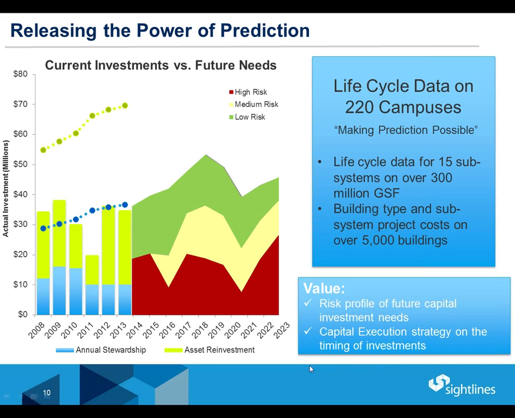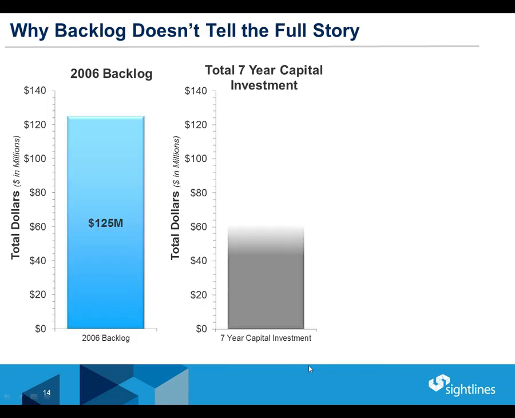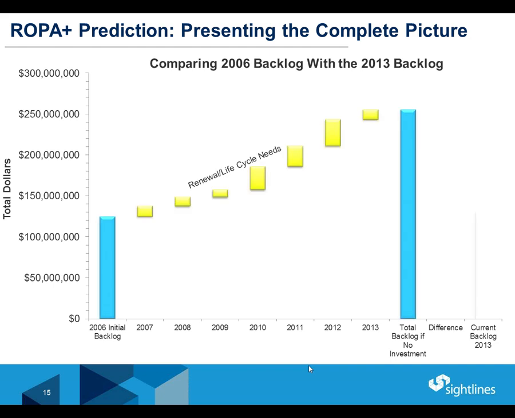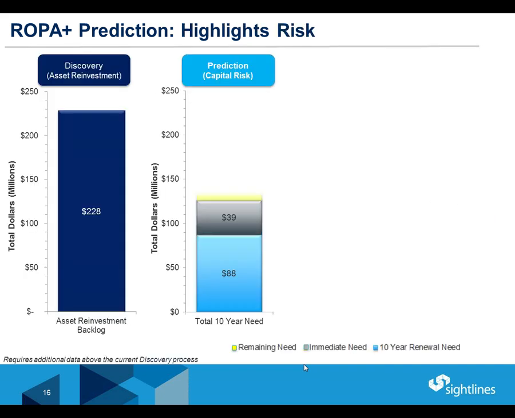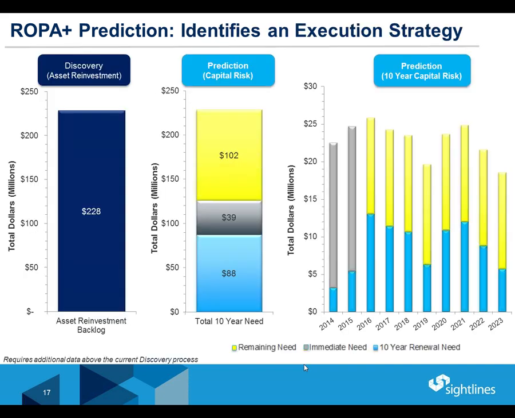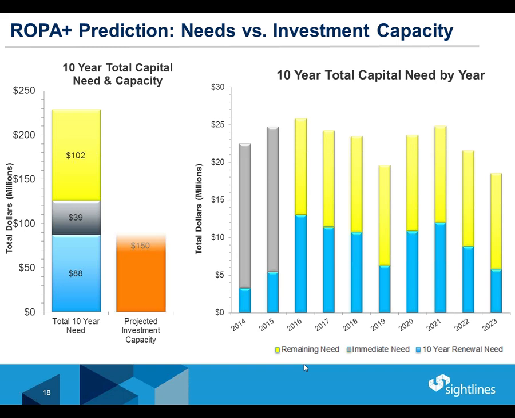Yep. Let me turn to that IFP question. Go ahead, slide 18. That's what was mentioned here, yes. So that is correct. When it comes to an IFP or building portfolio, there's a lot more analysis and detail around that. When it comes to the ROPA Plus prediction, if you look at this slide out into the future, this is a higher level view.